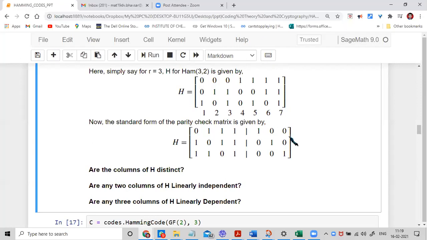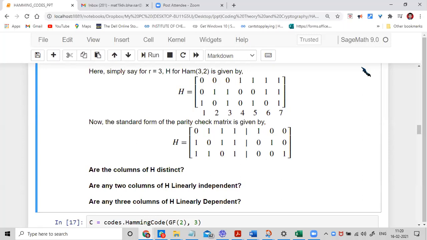Now can you tell me, for R equal to 4, how many columns will be there? So 2 to the power 4 minus 1, so it would be 15 columns. For R equal to 5, similarly 31 columns will be there. Okay. So you know how to construct H now. Your answer is also now completed. So now computing the parity check matrix is very easy. But not only that, what Ru is asking is about putting them in a particular order.